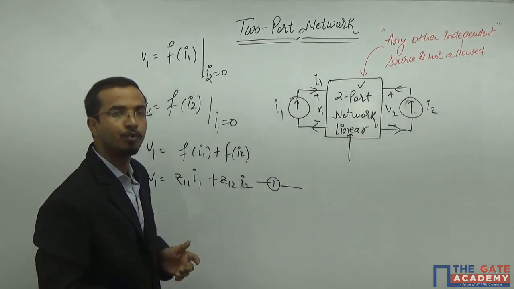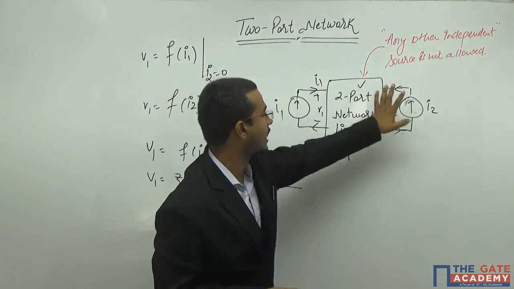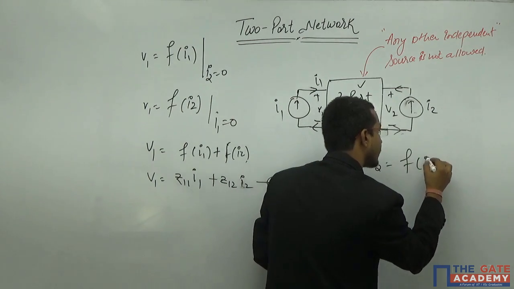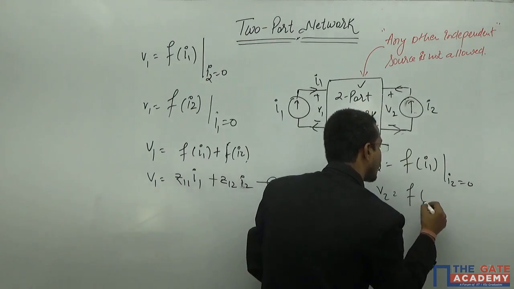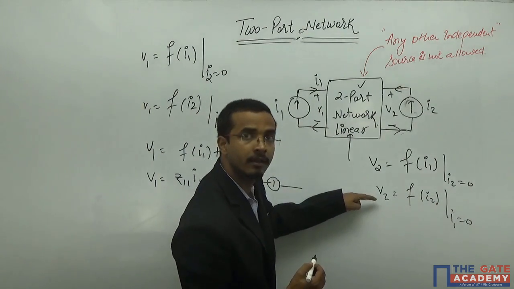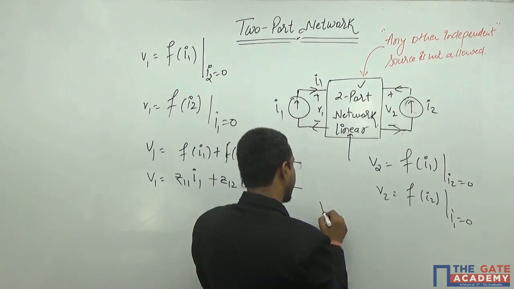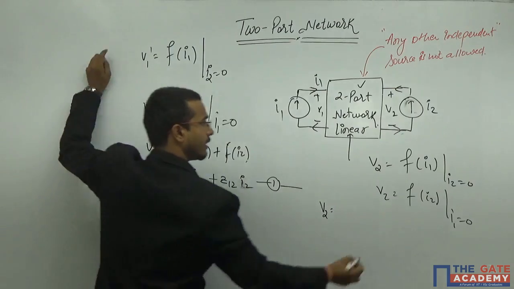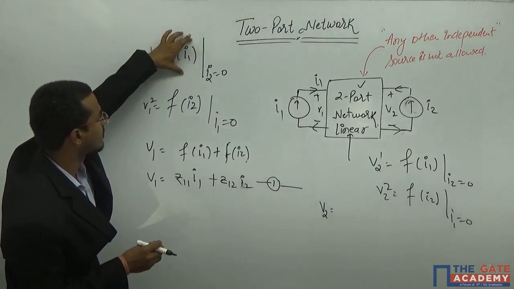The same iteration I will do for V2. That means I will calculate V2 when only I1 works and I replace this. That means my V2 is a function of I1 when I2 is equal to 0. And again V2 as a function of I2 when I1 is equal to 0. That means I will apply the homogeneity here, and after this, I will apply the additivity. Additivity means you will just add the values and you will get V2 equals to, or if you are facing a problem, you can write it down like this. That means V1 dash is just the response because of this I1.